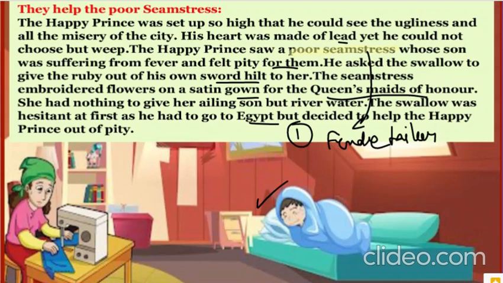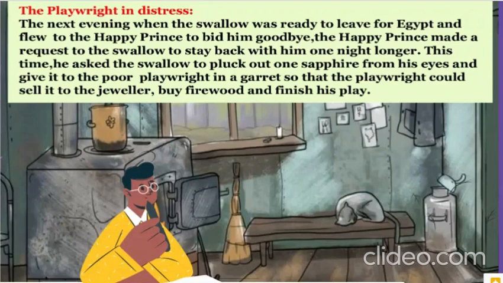So the first person they helped was the seamstress. Okay, first person was the seamstress. Now comes the second person, the playwright. Now, the next evening, when the swallow was ready to leave, the swallow said that I gave this